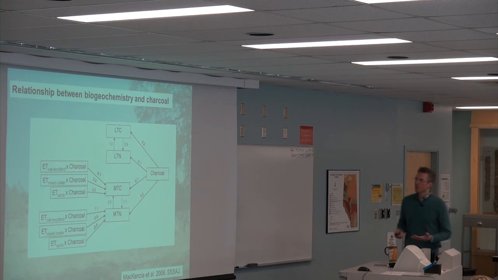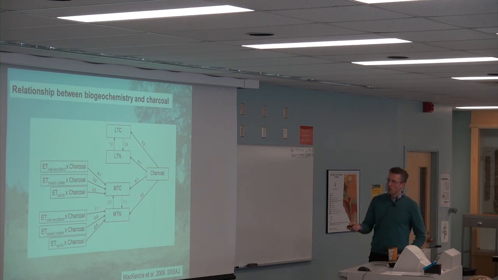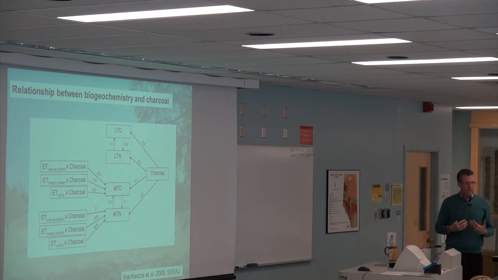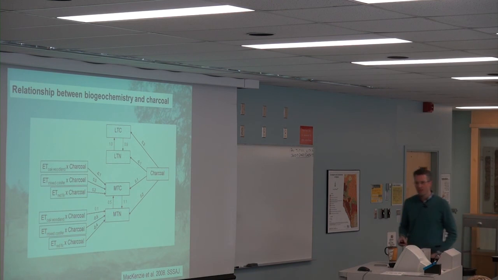And then if we look at the relationship between total carbon and total nitrogen to charcoal, this is an ANOVA analysis after the spatial residuals have been removed. So we're taking out the effect of all of the things that we didn't measure. And what we're finding here is that charcoal still has a 10 to 20% effect on mineral soil total carbon and total nitrogen. So it has a significant effect on